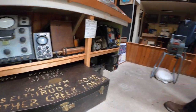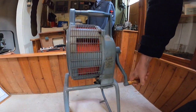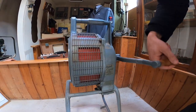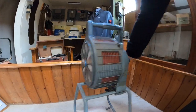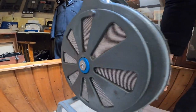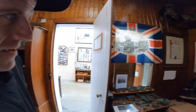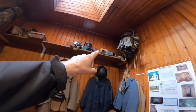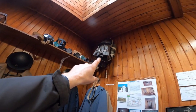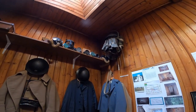The air raid siren. Yeah, folks, look at this, the old air raid siren. We're dying to get it going, but we didn't really want to spin it fully up in here. You would hear it after in the village. Yeah, and then look at this, folks. Look at the old gas masks from the war up here. Wow, look at that suit, Andy. Oh, aye, that's like a proper...